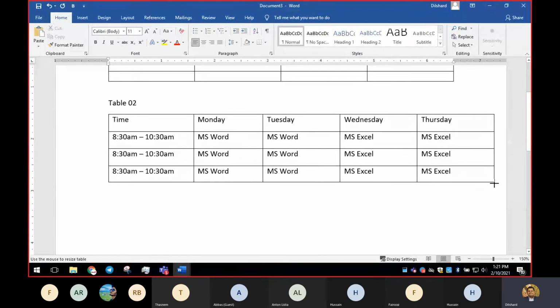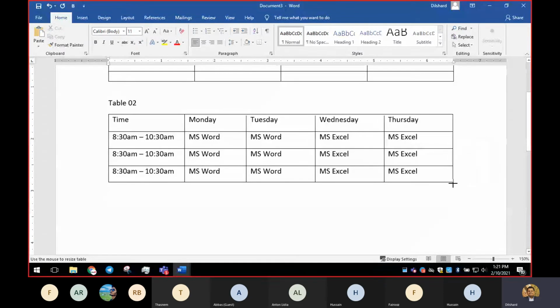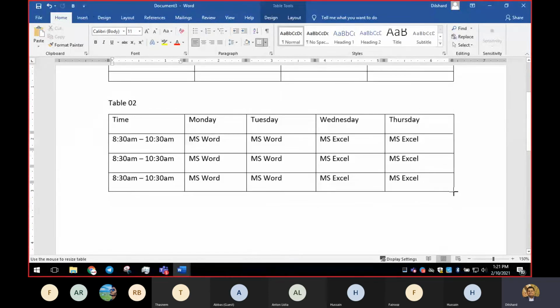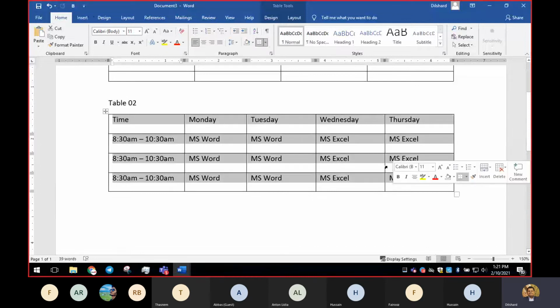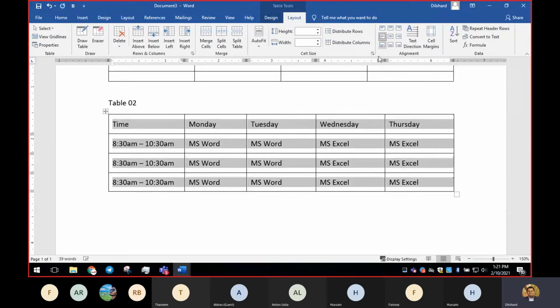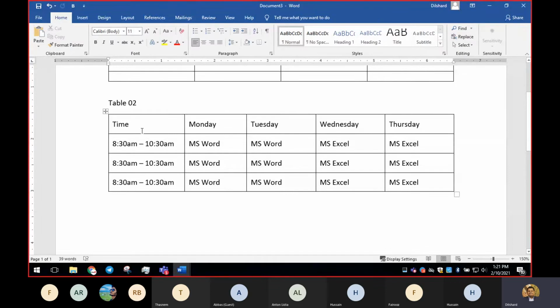Even the table width can be increased, but we have used the maximum. It is not ideal to go beyond the border, so we'll keep it inside and increase the height. Then we'll highlight and go to layout, and enable this so that the data will appear in the middle.